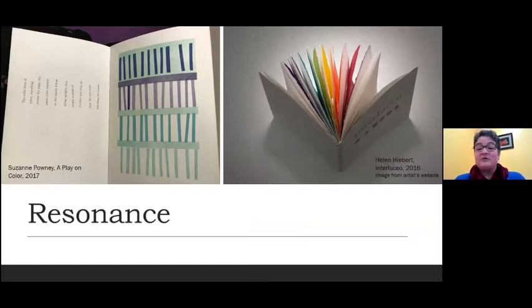Additionally, sometimes the artist books talk with themselves or among themselves. So for example, on the right, although it's not a stunning picture to show the page spreads, is Helen Hubert's Interlucio, which works through the spectrum with watermarks and then cut paper in the colored paper. And on the left, we have Susan Powney's A Play on Color, which is some very witty letterpress, as you can kind of see in the crooked lines on the left.